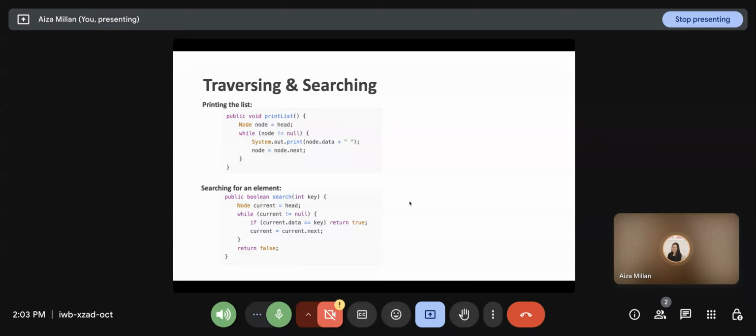It will print the data and the node will have to move to the next node. And searching works similarly. We use a loop to traverse until we find the key or reach the end.